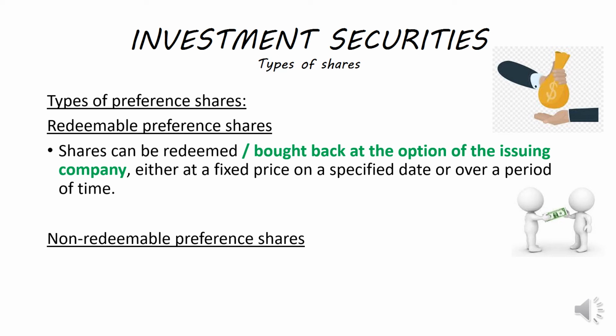So for now, you are a shareholder, but should the company decide on a specific date that they would like their shares back, they will buy back the shares from you and you will receive a fixed price. They will agree on a specified date and the fixed price that these shares will be paid back for when you make the original transaction. So when you buy the shares originally, it will be stated that this is the specified date. On this date, the company will decide whether they want to buy back your shares or not, and this is the price at which that transaction will happen.